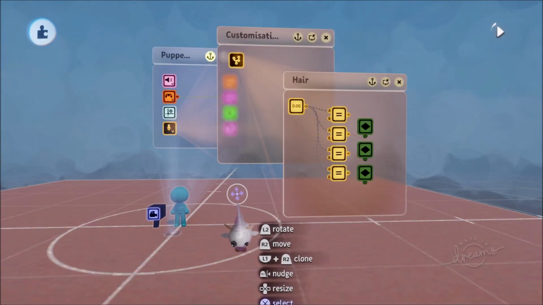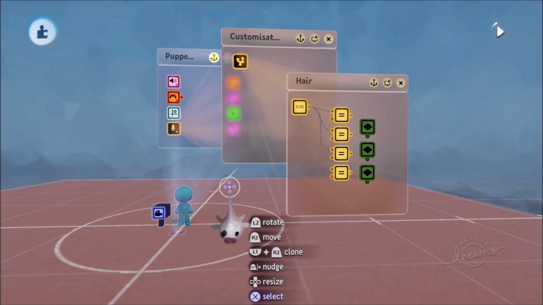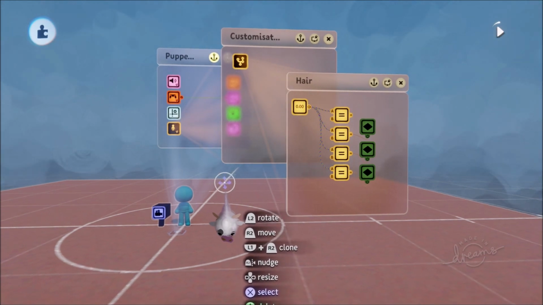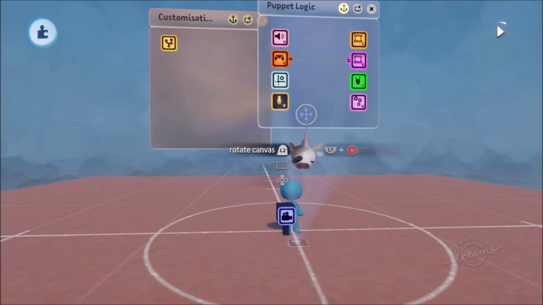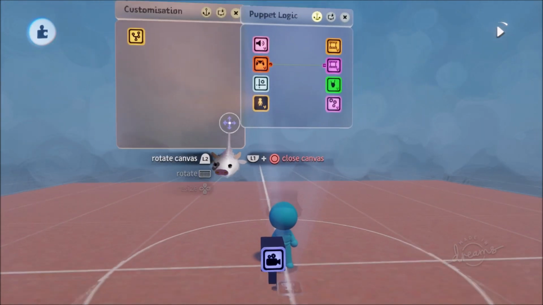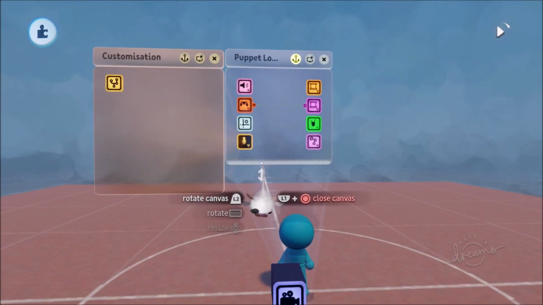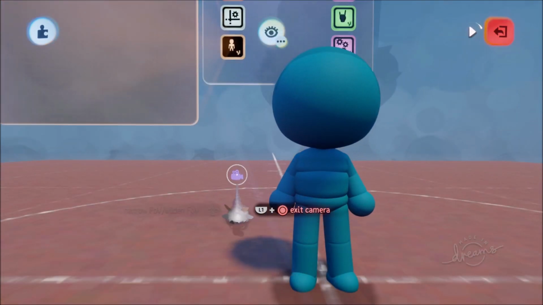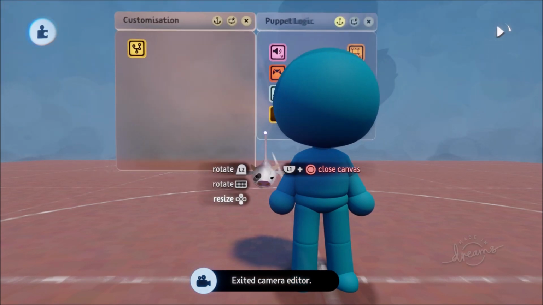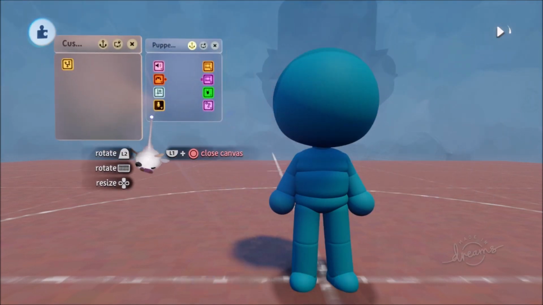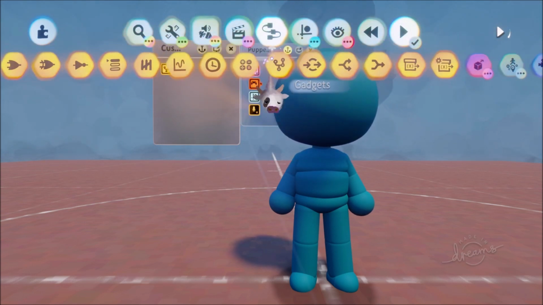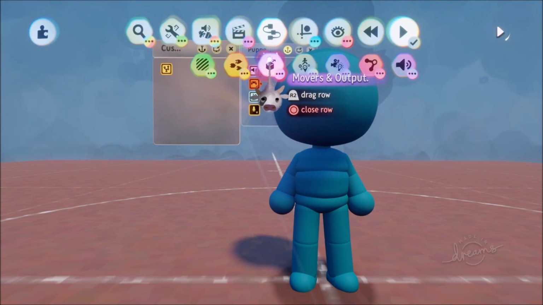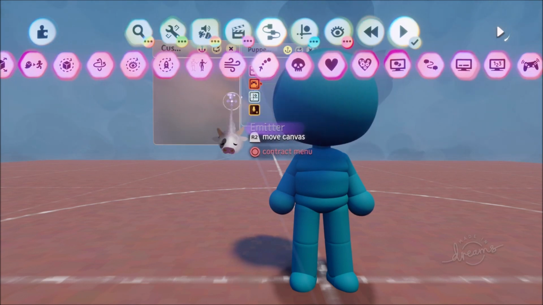So we want to get stuck in with our user interface. What we're going to be using is a bunch of text displayers. So I'm going to close these guys for now. And remember that camera we placed a little bit earlier on? If you haven't placed it, now would be a good time. We're going to go into our camera so that we can see where everything sort of is. That's looking pretty cool. We can have our little logic microchips over here. And now we're going to go into moves and output,